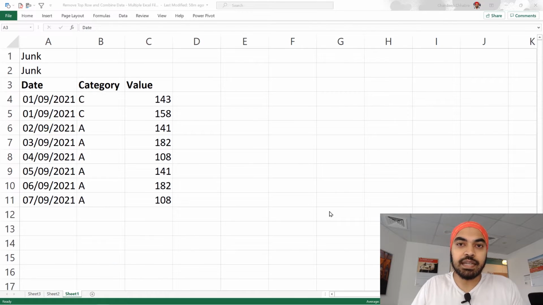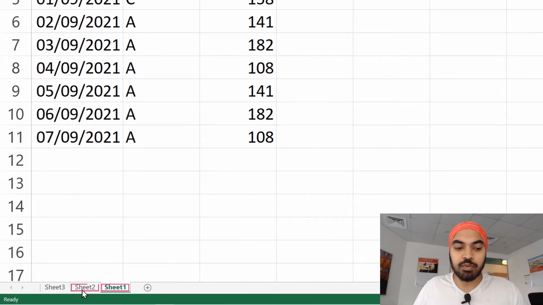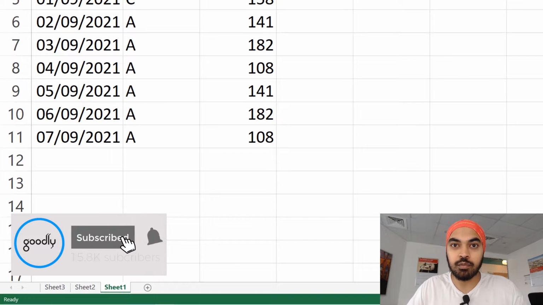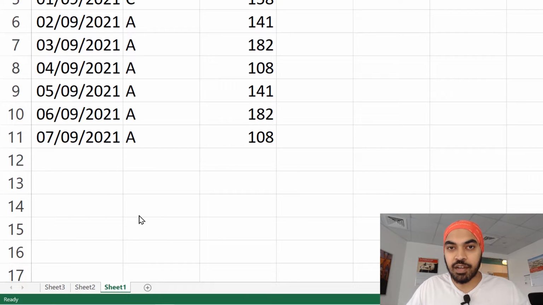Let's start. Alright, I'm in this Excel file that contains the data. You can see that we have data on sheet number 1, sheet number 2, and sheet number 3. Now, these are 3 sheets of data within a single Excel file, but this could also very well be 3 different Excel files altogether. But just to make the process of video creation a little easier, I have just used 3 sheets of data. Nevertheless, please take a look at the data.